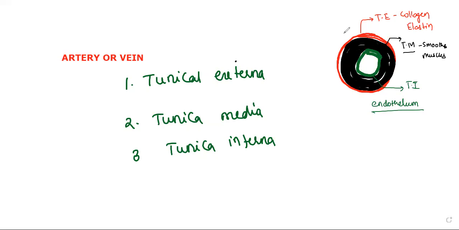Along with this, in the artery, in the tunica media, two special elastic laminae are present. Not required, in case when you go to MBBS, it will come. Two elastic laminae, like rubber bands, are present to create more elasticity. Along the length, in the longitudinal manner, we'll find these two elastic laminae. Just for information we are showing here.